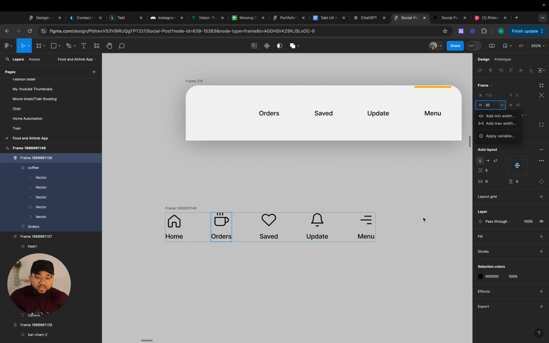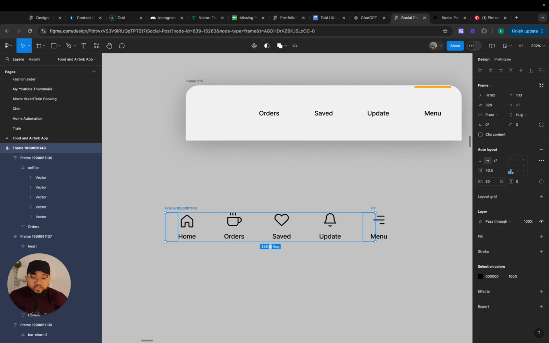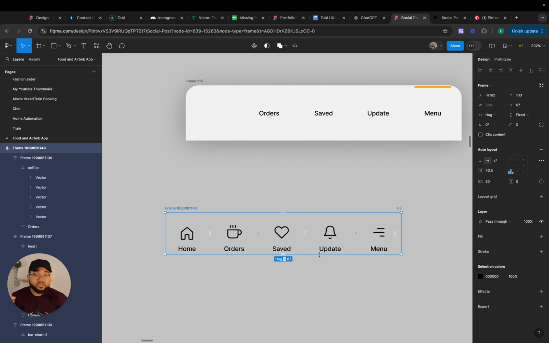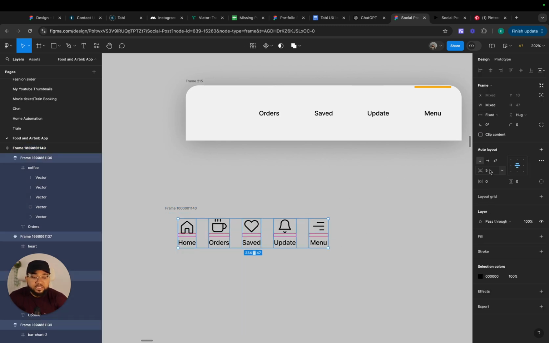So while I continue, I'm just going to give it a padding of 20 that I've been willing to give it. So here I'm going to set this to auto, and you see that stuff that I was telling you about when to set to auto and all those things. So here we can actually set this to 20. Now this is where it becomes tricky. We now need to set this to fill,